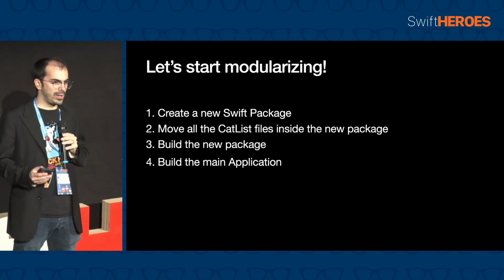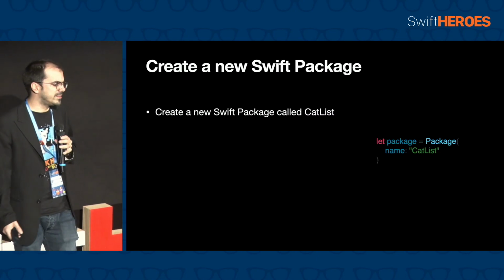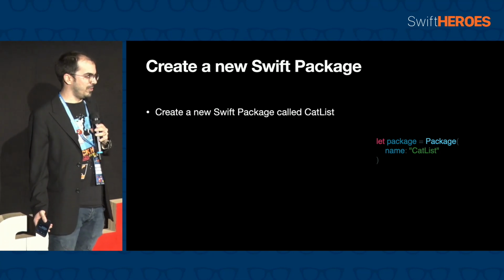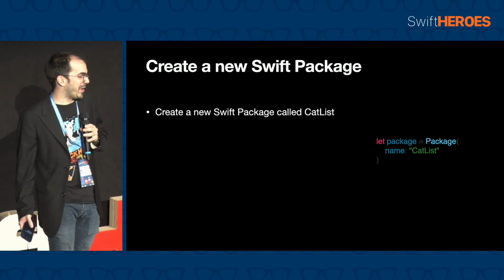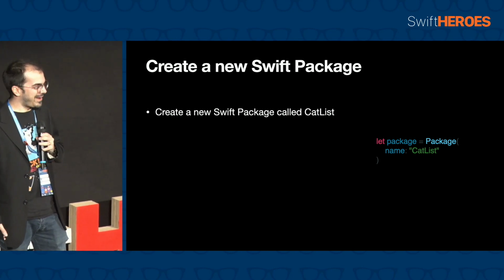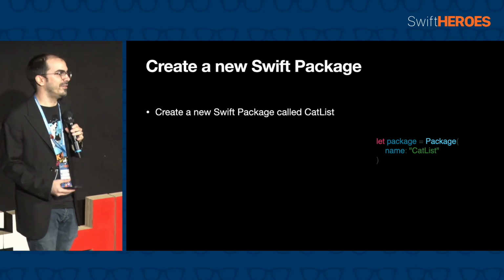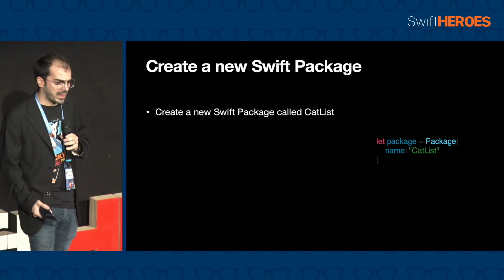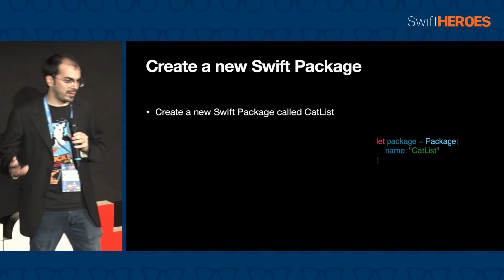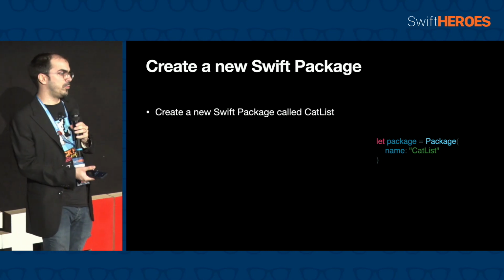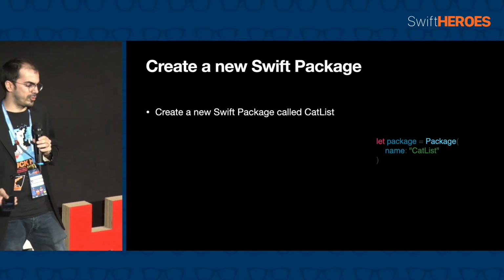Let's start with the first one. Creation of the new Swift package. You can do it in a lot of ways. Once upon a time, there was just one method, the terminal, but now we are lucky and we can use Xcode, for example, or Visual Studio Code and so on. Once we create it using, for example, Xcode, we will have a Package.swift file,